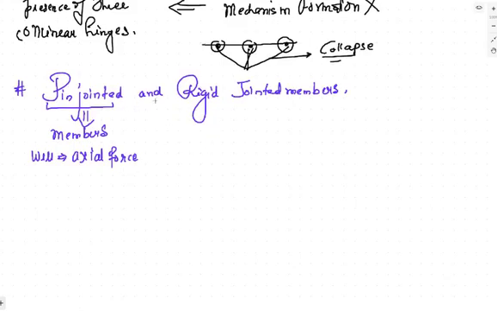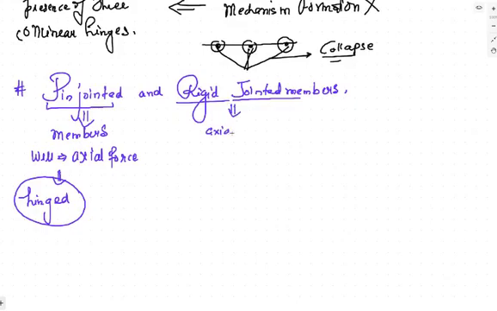Pin jointed में सिर्फ axial force handle कर सकते हैं, सारे के सारे hinged होते हैं. They all are hinged. सब hinged together होते हैं सारे. Rigid jointed frame की बात करते हो तो in rigid jointed frame there can be three types of forces. That can be axial force, that can be shear force, and that can be the bending moment. But so these rigid jointed member can handle all these type of forces, but the pin jointed member can only